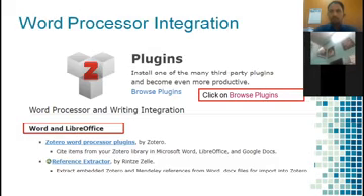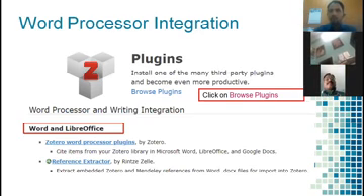Now, the interesting portion is when everything is available in your Zotero, but you don't have an integrator which can be helpful to cite the resources while writing your research paper. So Zotero has developed a word processor plugin. You can see here the word processor and writing integration plugin is there. Just click on this. Make sure that your MS Word is switched off, otherwise it will not take effect. Switch off and switch it on.